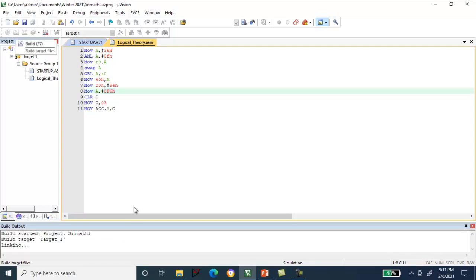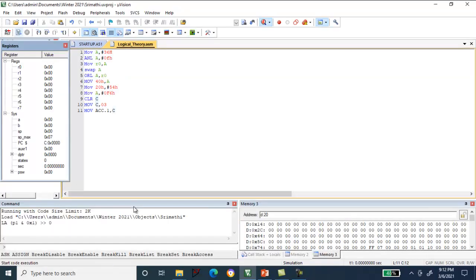I need to rebuild again. So line by line execution, the accumulator should have F6. Up to that we can go. Yes, the accumulator is having F6.